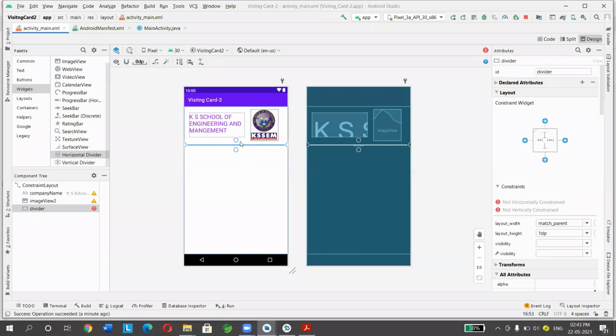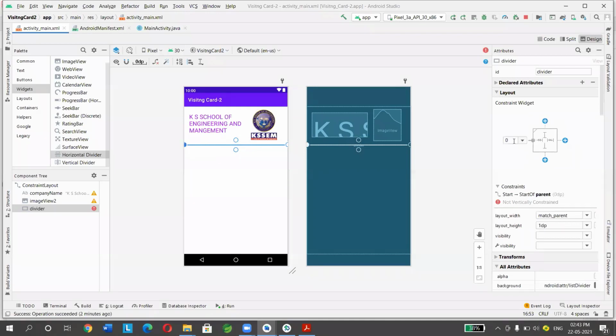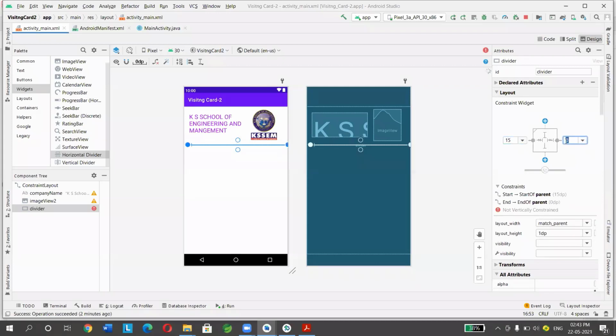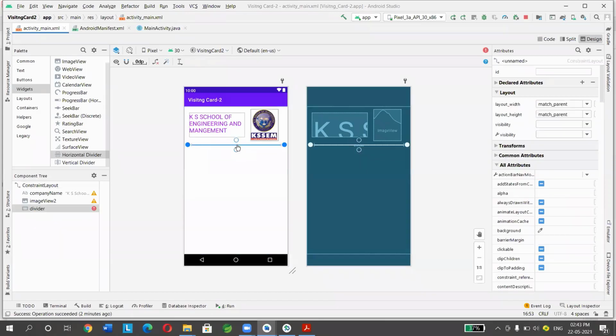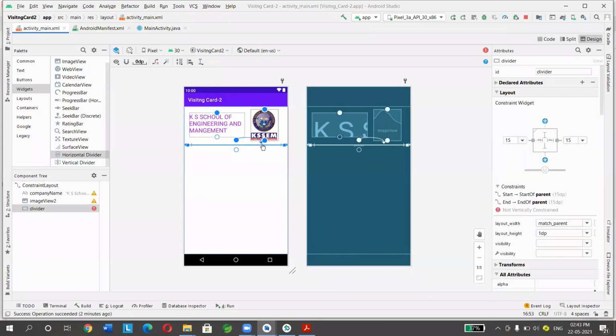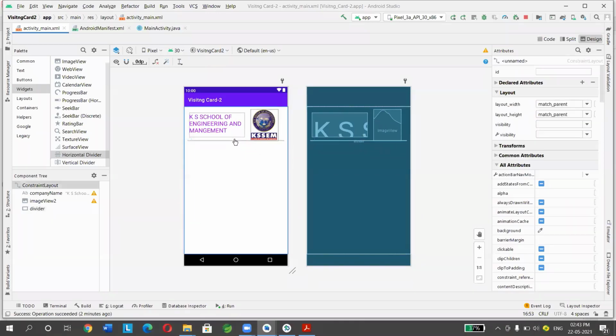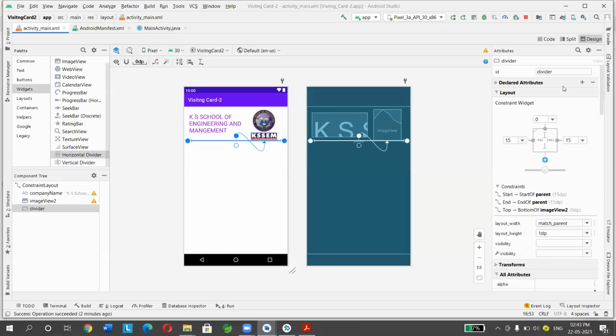Again, you need to place the constraints. Again, you need to set what should be the left and right. So 15. It's not required to always choose 15 and 15. It's left to you, however much you want. This one I'll place with respect to this, and I want to increase the size.